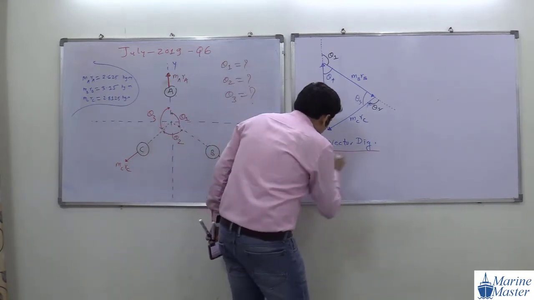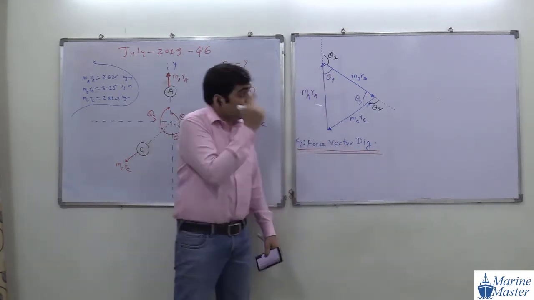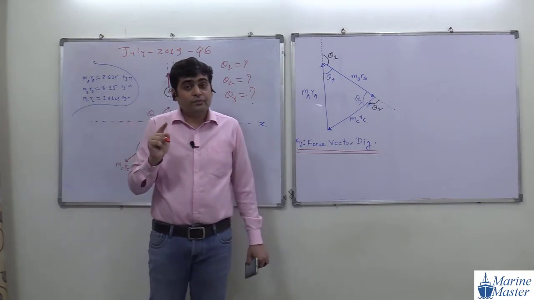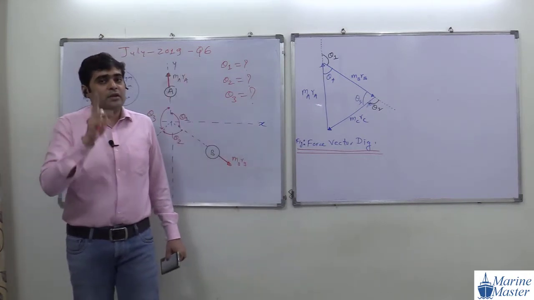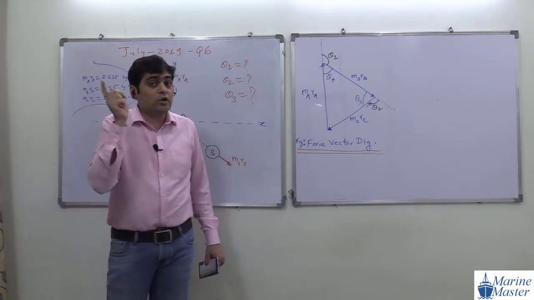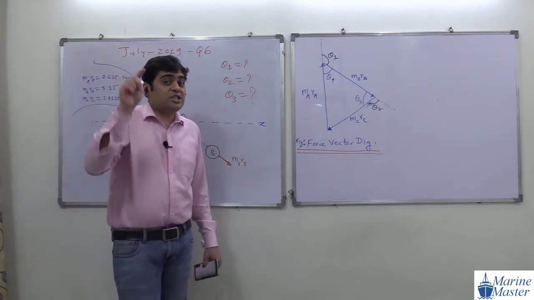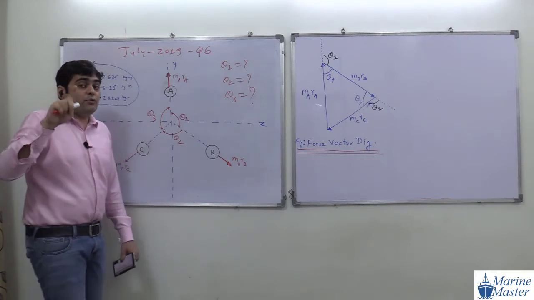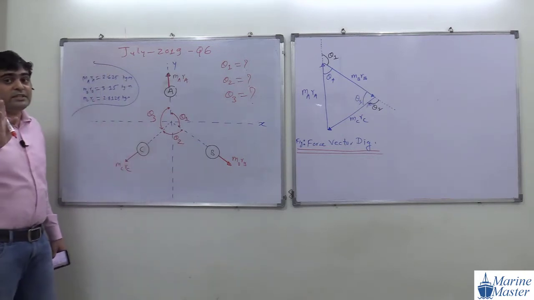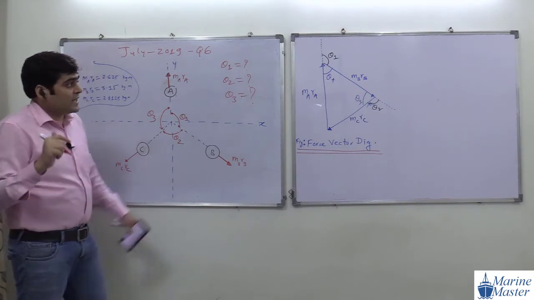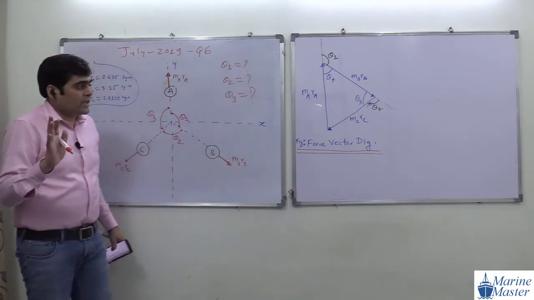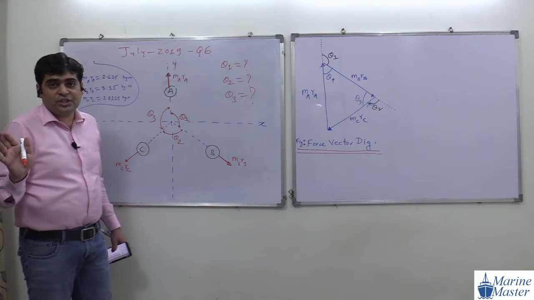Sometimes we may use it, but the condition of using this diagram is what? We have a coplanar concurrent three force system, and it must be in equilibrium. If a coplanar concurrent three force system is in equilibrium, what will happen? They will form a closed triangle like this. Okay guys, are you getting my point? Any doubt in this discussion?